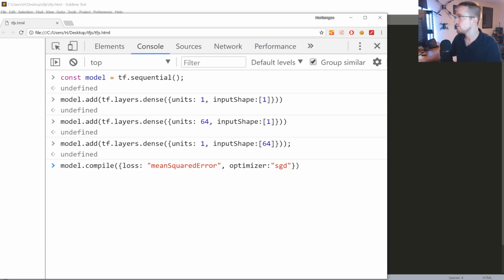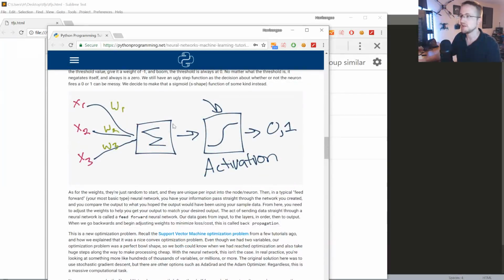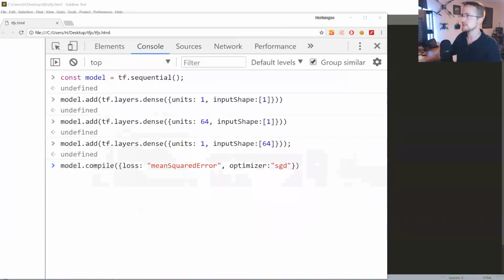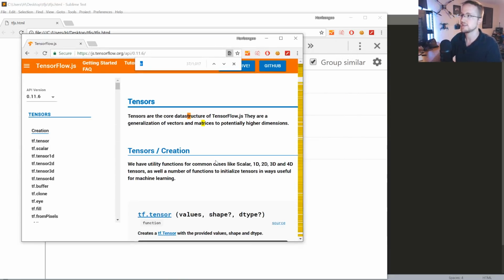If you're super familiar with neural networks, I was hoping to pull up the tutorial. Here we go. Obviously, what we've got here is pretty clear, but the only thing we don't really have yet defined is the activation. We'll talk more about activation in the next tutorial. Right now, we're just going to use the default. I'm actually not sure what the default is. It might be rectified linear. I really don't know. I'm not sure if the docs are going to tell us. Let's try